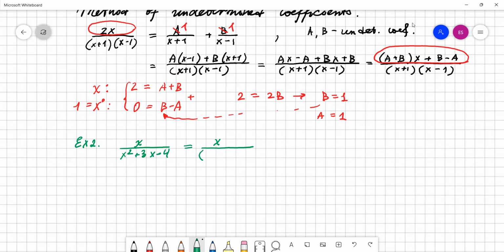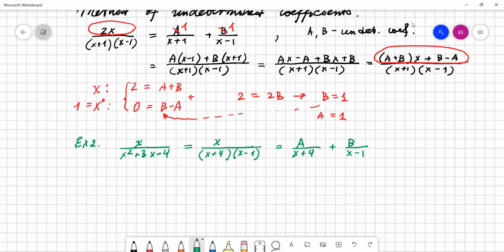What are the factors? Usually they're easy to find. The sum is 3 and the product is 4. Probably they are x plus 4 and x minus 1. How about this? So the product is minus 4 and the sum is plus 3. Perfect. Now we are going to represent it as a sum of two fractions, a over x plus 4 plus b